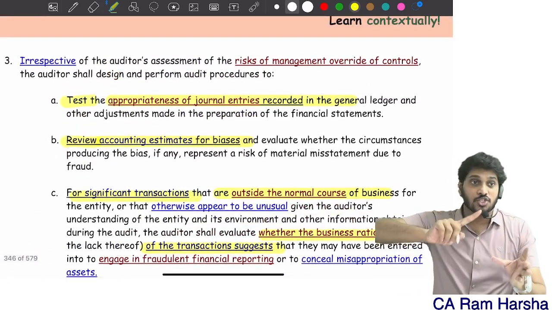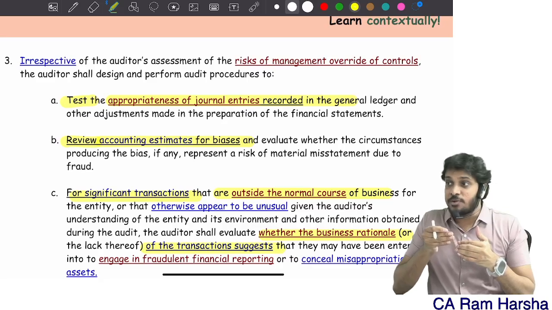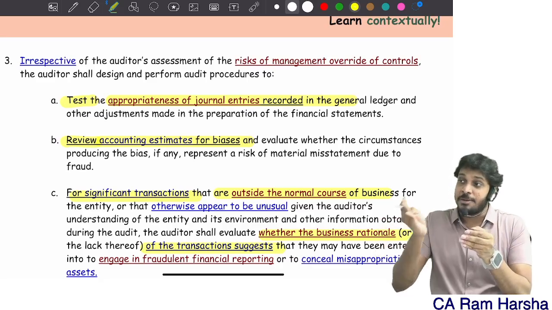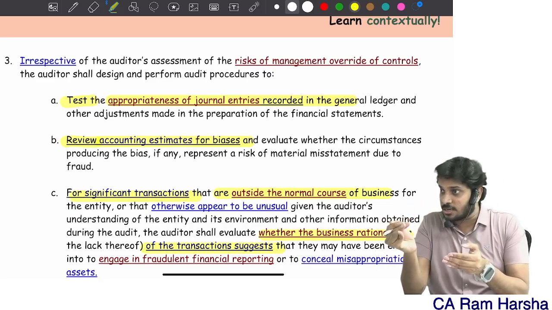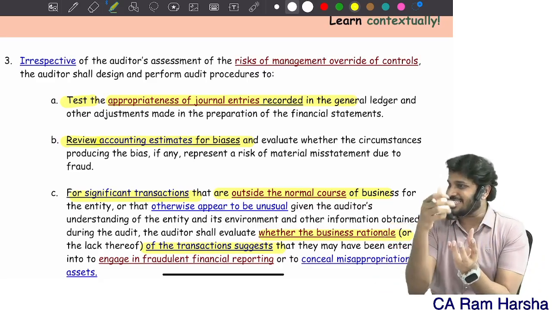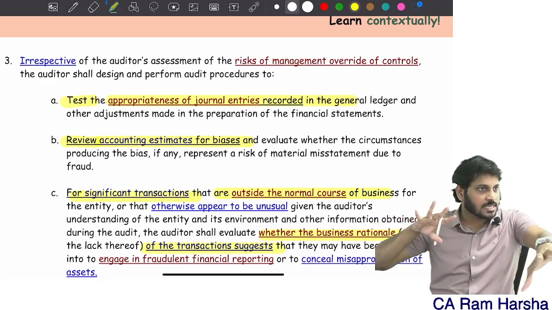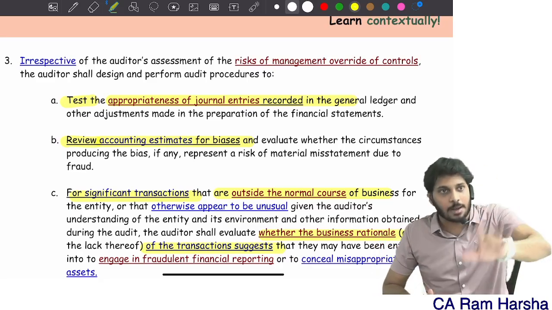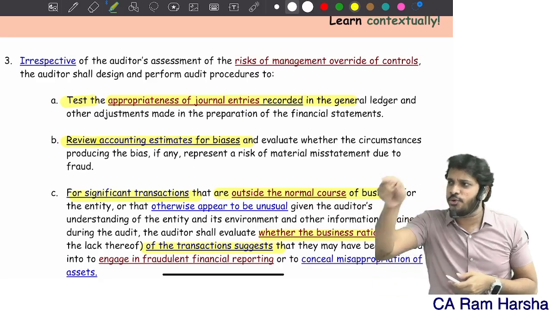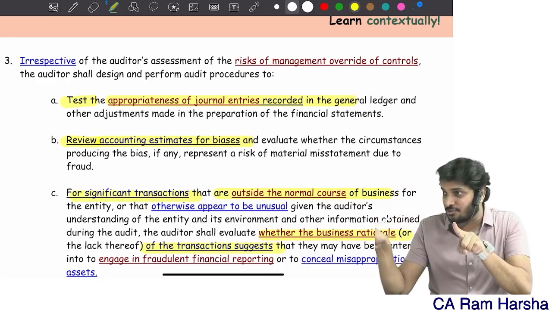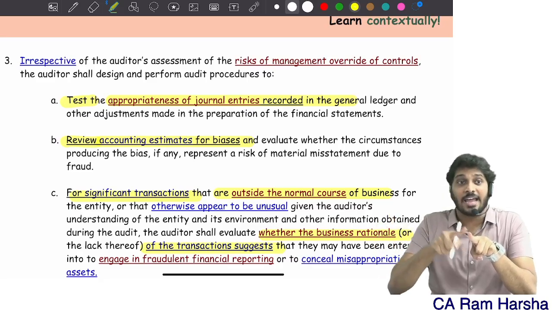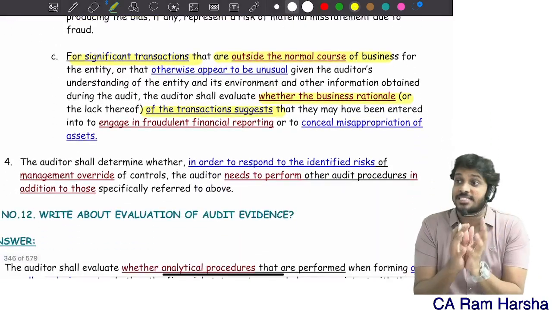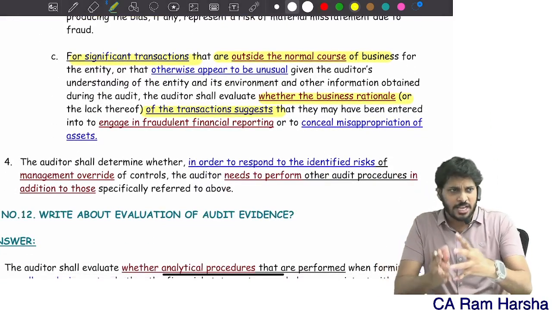So you see the previous topic, fourth question, how management overrides the controls. They record fictitious entries, they omit transactions and events, they prepone or postpone recognition, they manipulate accounting estimates and significant judgments, they engage in complex transactions. These are all the ways management overrides the controls and commits fraudulent financial reporting. How do you detect this? I will review the journal entries. I will test the journal entries they recorded. I will test the vouchers and transactions. I will review the accounting estimates which they have chosen. For significant transactions, I will see what the necessity is. Suppose they engage in a complex transaction.